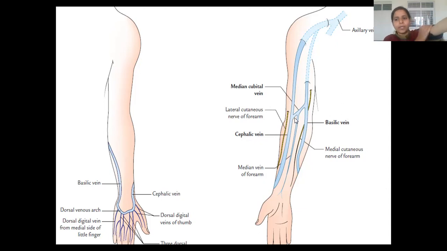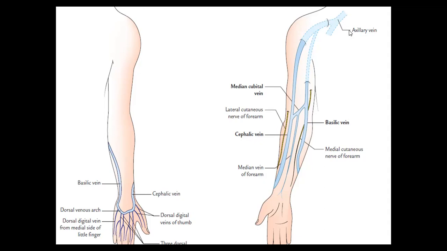And in the elbow region, you will find there is one vein connecting the cephalic and basilic vein. You call this vein the median cubital vein. Further journey, you can see these basilic and cephalic veins finally draining into axillary vein. The axillary vein will be draining into the brachiocephalic vein. And we know the subclavian vein, then brachiocephalic vein.